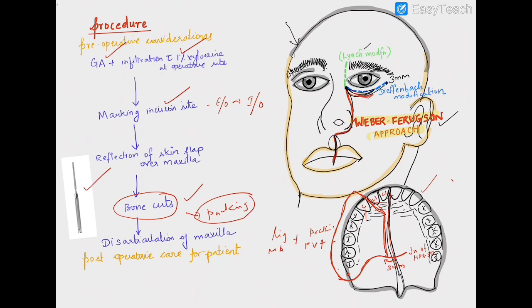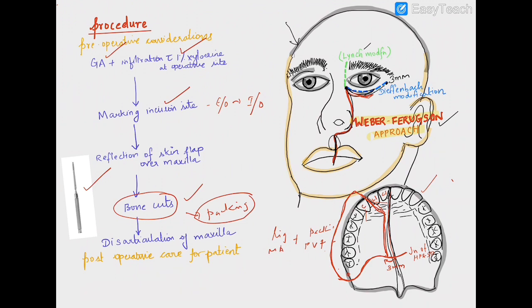Once the bone is visualized, make sure that you take the powered osteotome, then resect the maxilla to be removed from the parts to be preserved. After resecting it, pack it with a sufficient amount of tincture benzoin gauze and control the bleeding. Then the skin incisions are to be closed in layers by suturing. If there is any anatomical defect, you can go for reconstructive procedures. You can use your pectoralis major myocutaneous flap, or you can use your forehead flap, etc., to reconstruct your cheek area.